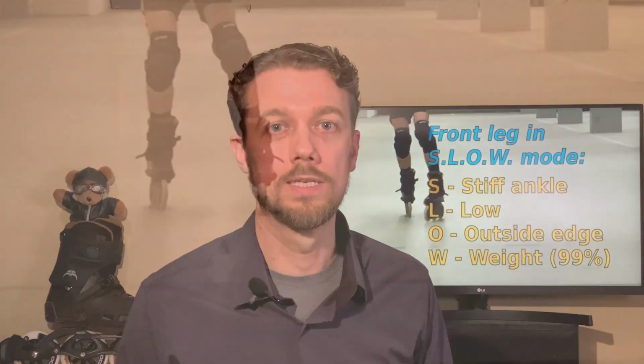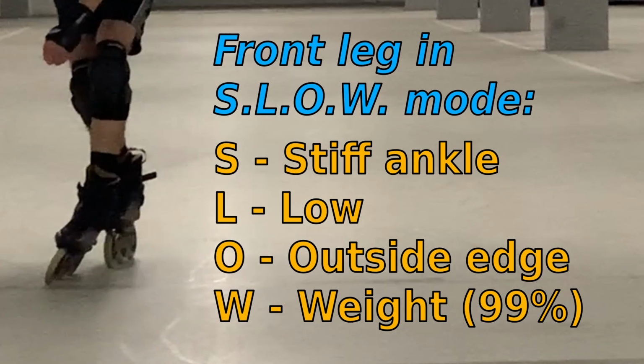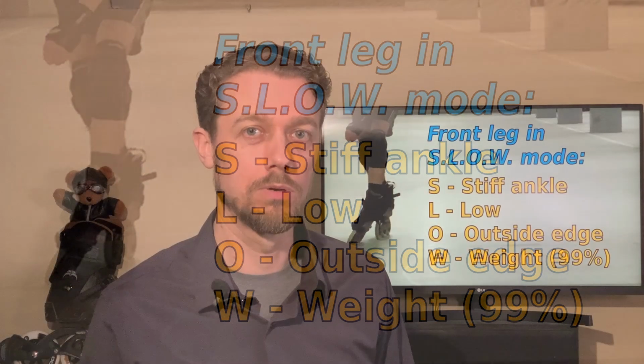So in the S.L.O.W method, I'm setting up my front foot before starting the lunge turn. And I call it slow because I'm putting my front foot in slow mode. And S stands for stiff ankle. So I keep my front ankle very stiff so it will not move. And the L stands for low, so you have to keep as low as possible, which is not easy because I also found that, for me, it worked best to keep the other foot behind as much